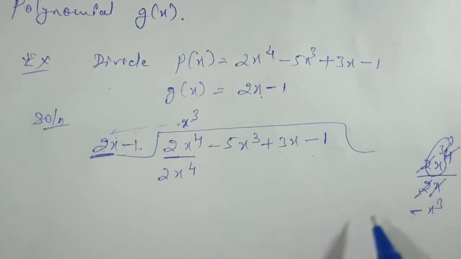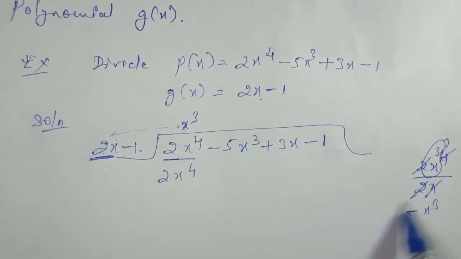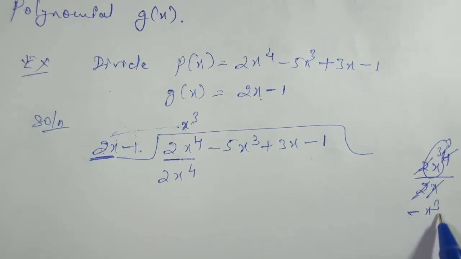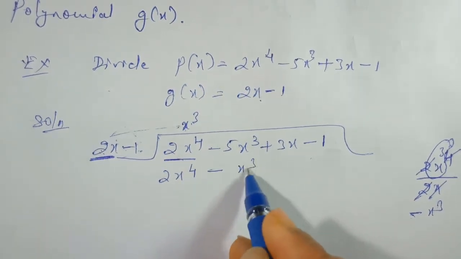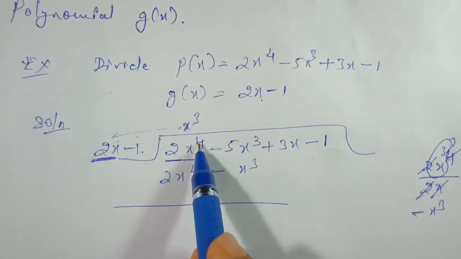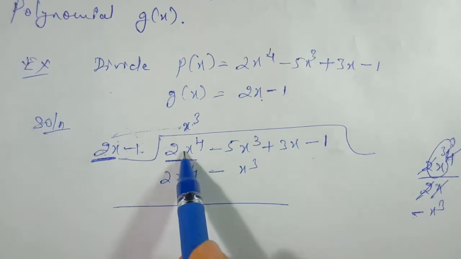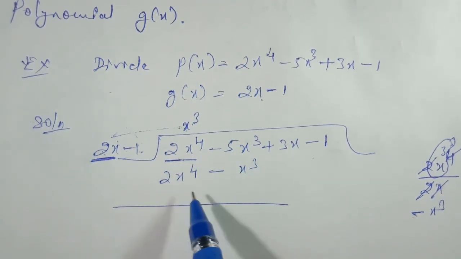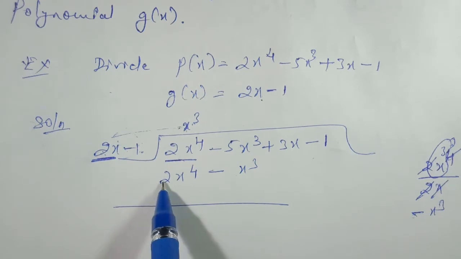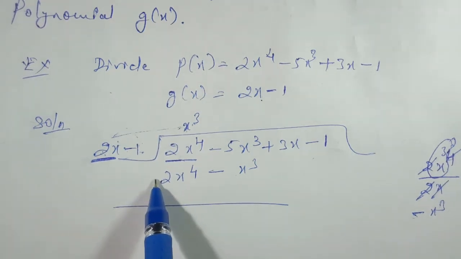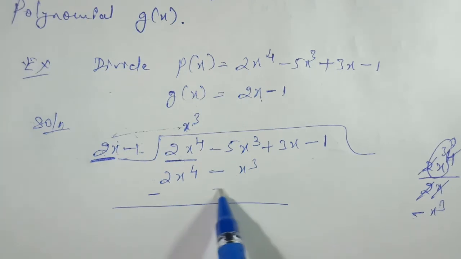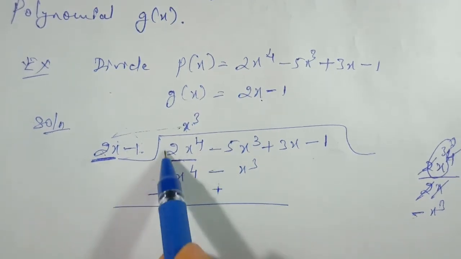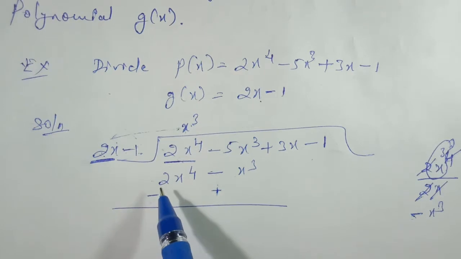Now we have to identify the term which is of degree 3, power 3, and write it below it. So minus x cube we have to write below it. Now we know that in division we have to subtract. Since it is an algebraic expression, we have to follow the rule of algebra: change the sign of each term which we have written just now. It is positive, so write negative. It is negative, so positive. Now do the calculation on the new signs.